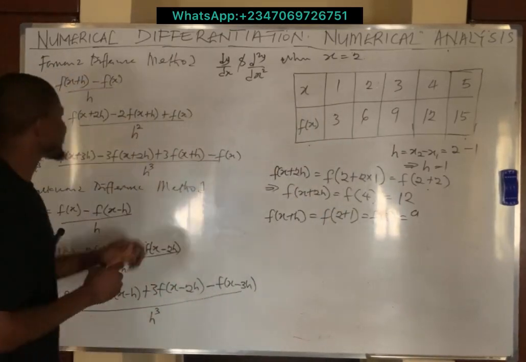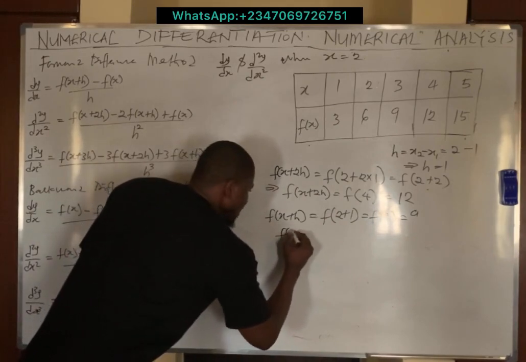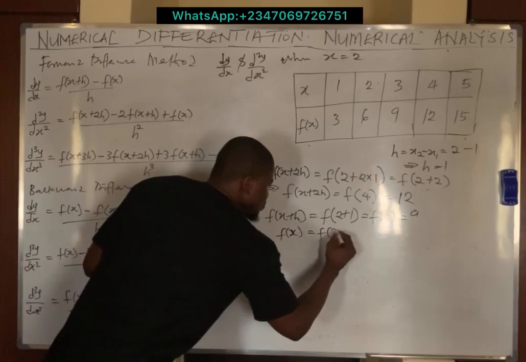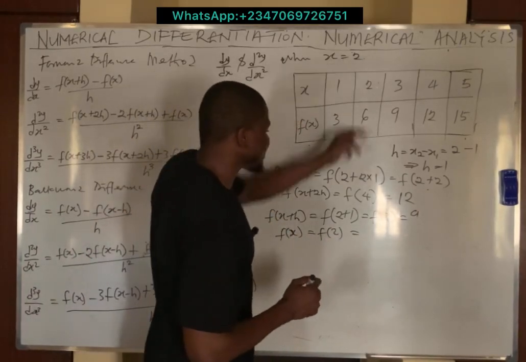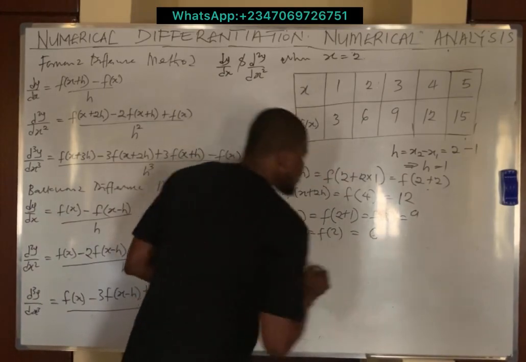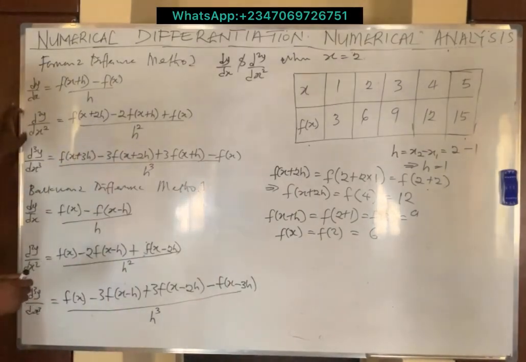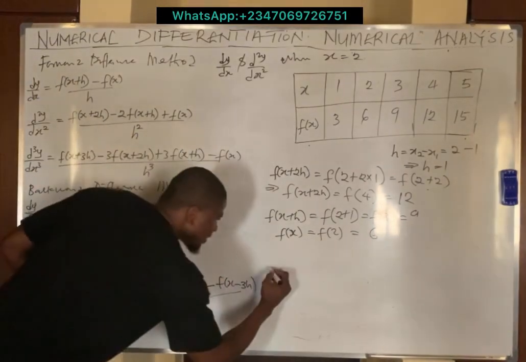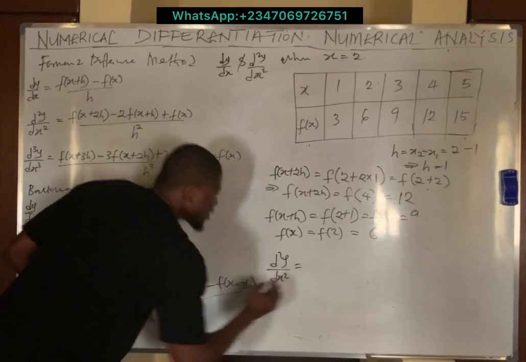And finally, you have in the formula f of x, which is f of 2, because x is actually 2. So when x is 2, what is y? 6. You have 6. So you have all your points. You simply substitute them into that equation to obtain the second derivative, right? So you have d squared y over dx squared to now be equal to,